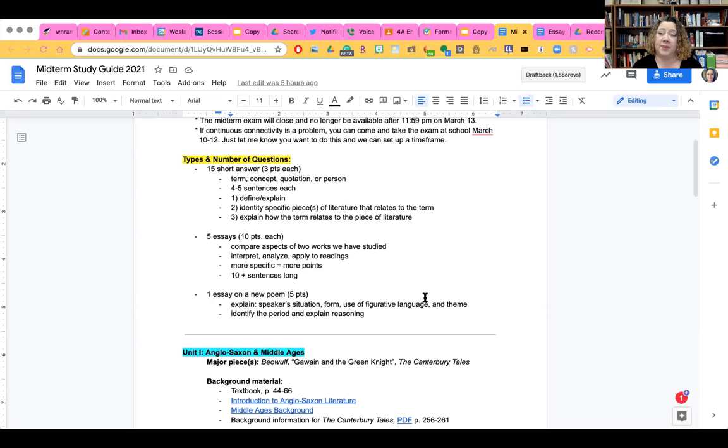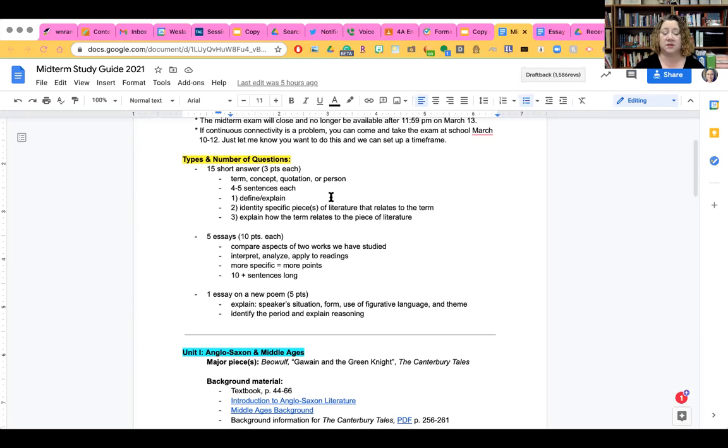And then you'll have to identify the period. So you'll have to look at it and be able to tell, oh, well, that's a medieval poem, or that is for sure a Renaissance poem. And I know because I know the qualities of Renaissance poetry. We just wrote about it in our last discussion. So you'll have to nail it down. If I give you a poem and it's from the Renaissance, but you say that it's Anglo-Saxon, then that's just going to be wrong, because there are clues, and we've been studying the qualities of those different pieces of literature all the way through.